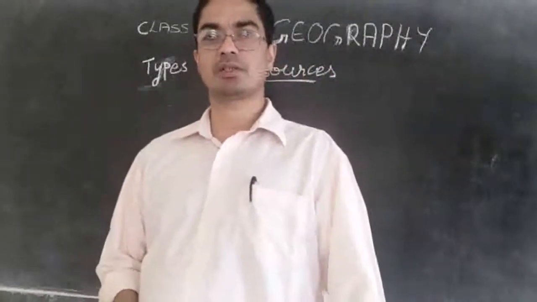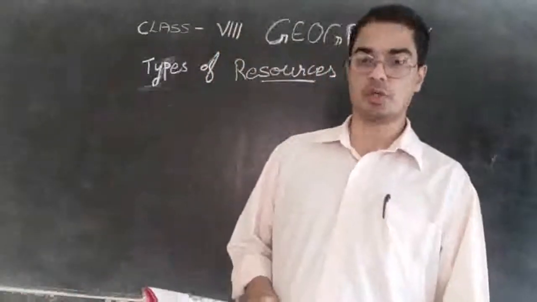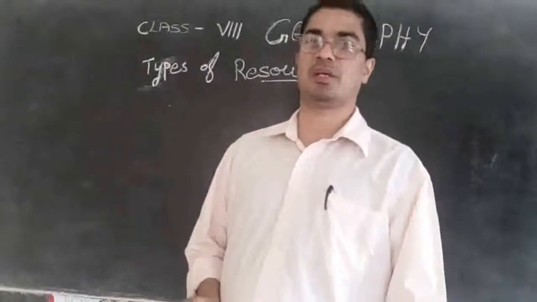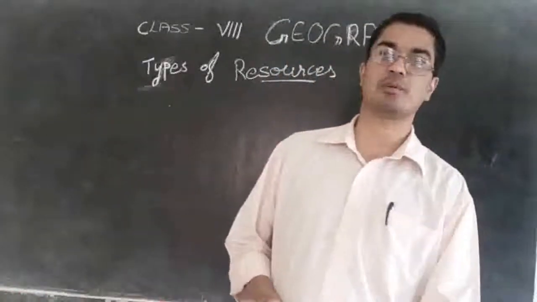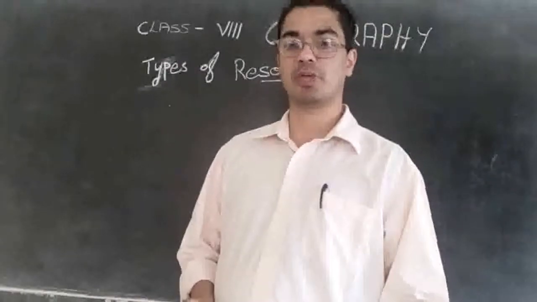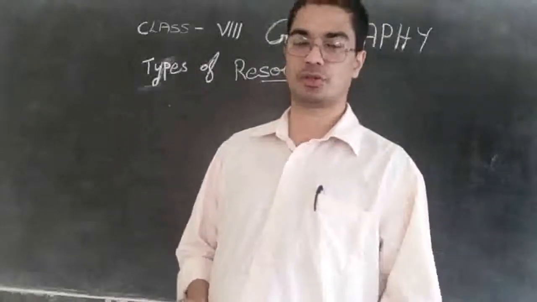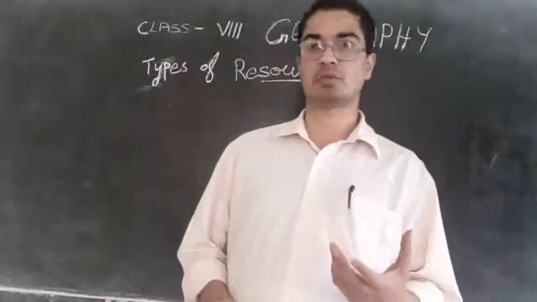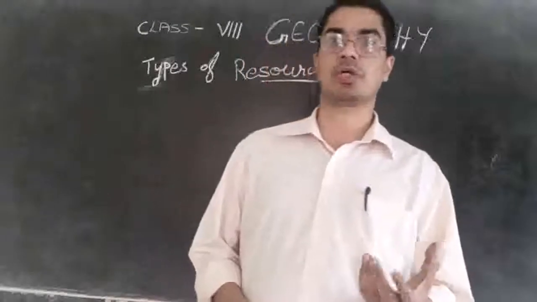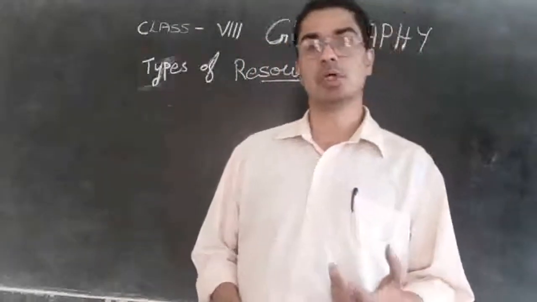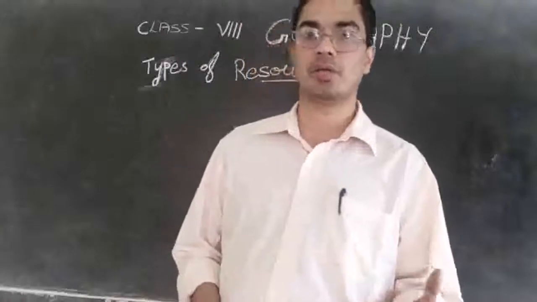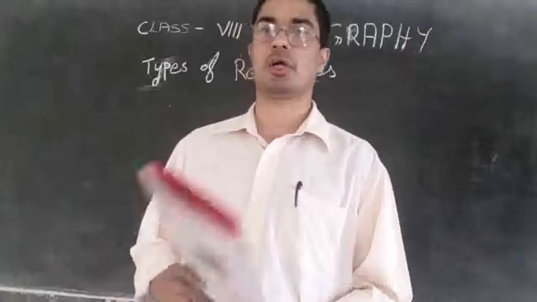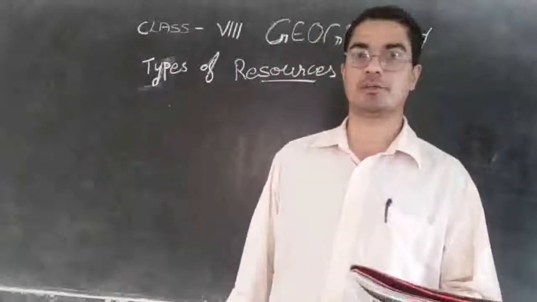And we said human beings are the most important resource, because if human beings are not there, all the other resources will not be useful and will not be able to make use of it. Therefore, human beings are the most important resource. Using the intellect and the skill, human beings are able to make use of most of the objects and make it a useful thing for human beings, for the society, and so on.